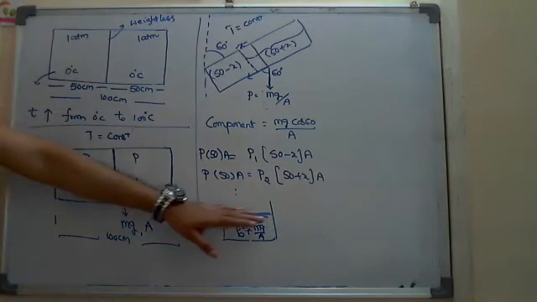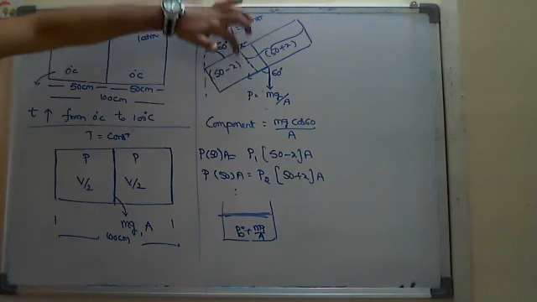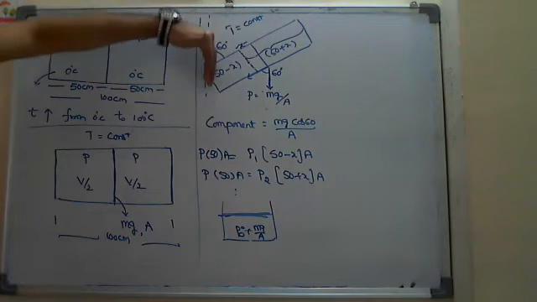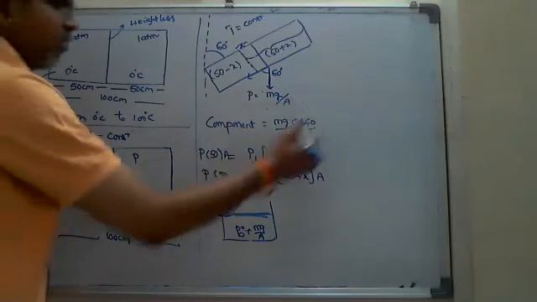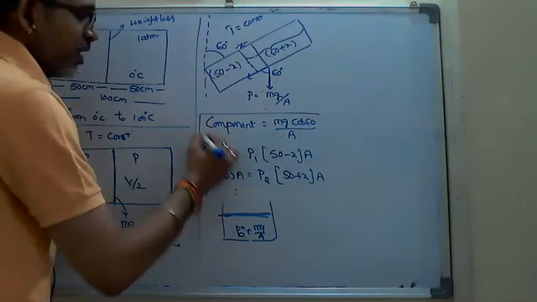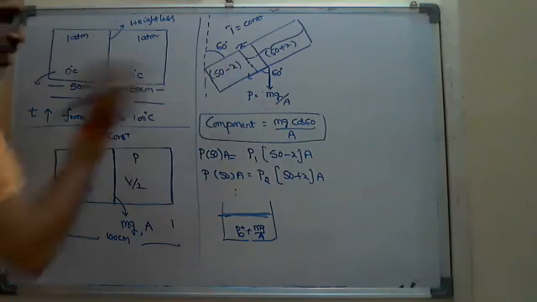In the same way, above the piston, the pressure here I consider as P2. P2 plus, due to the weight, the pressure on this side, here I already wrote mg by A, which means I have to write that component as mg cos 60 by A, in the direction of the cylinder.